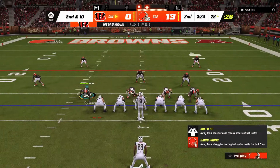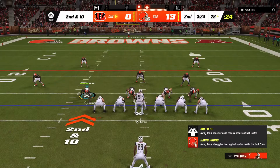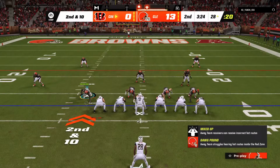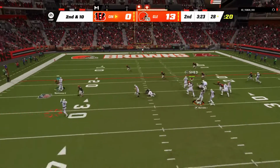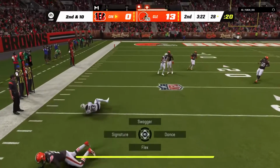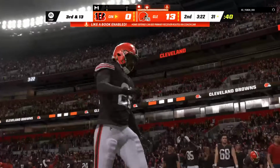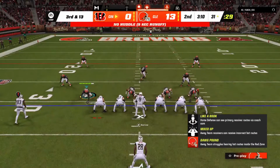Here we go. So after the incompletion on first, now 2nd and 10. And he is going to lose yardage here. They'll wind up losing 3 on the play, and that'll make it 3rd and